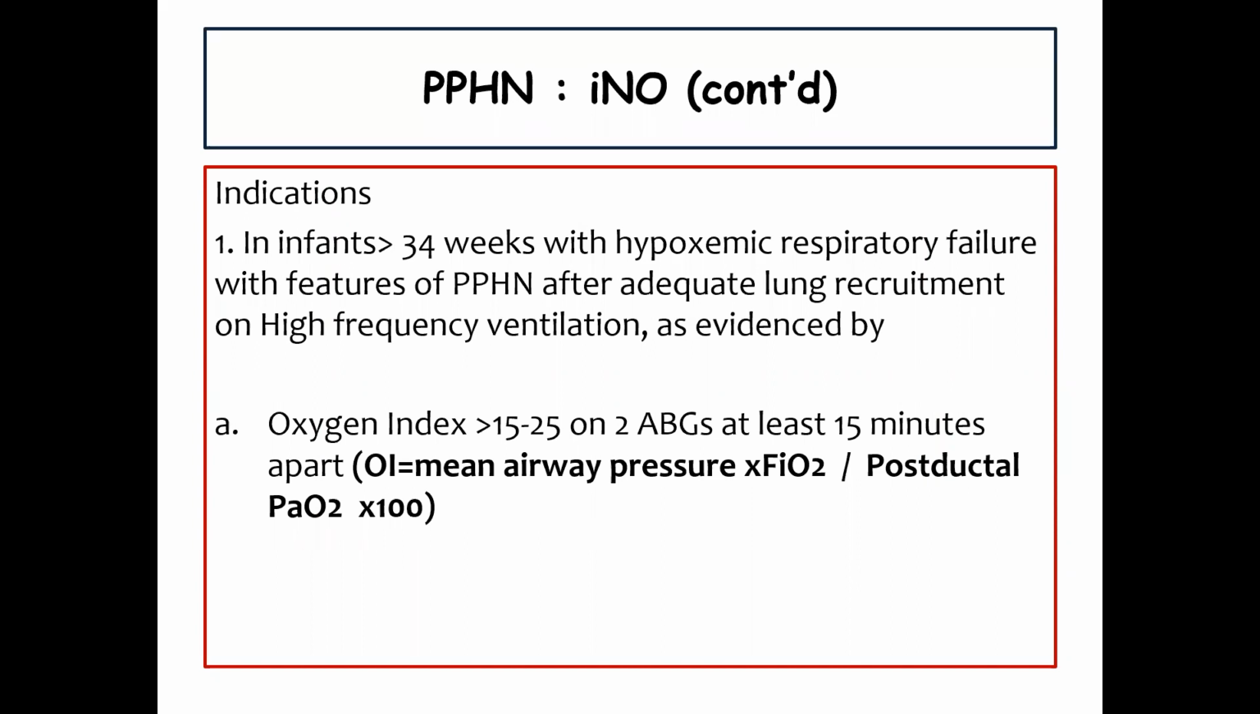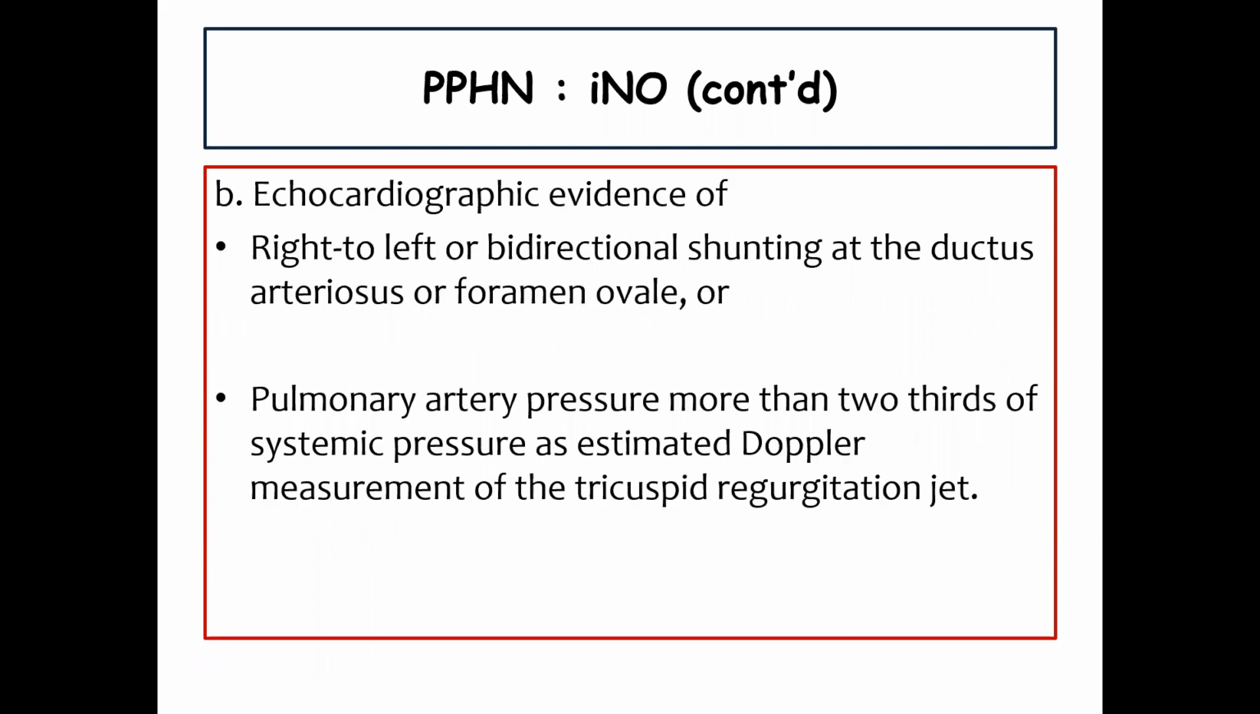So if you see, MAP into FiO2 is what you give to achieve oxygenation, and post-ductal PaO2 is what we measure from the baby, what we get. And this ratio into 100 is the oxygenation index. And if this is more than 15 or 20 on two blood gases 15 minutes apart, this becomes a classical